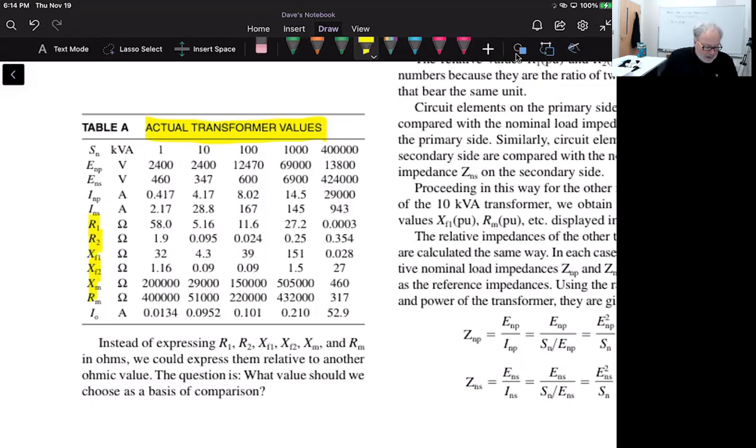We've got 5 different values in terms of the kVA ratings across the top, from 1 kVA all the way to 400,000 kVA. And in scanning the table, we see, for instance, that for the magnitudes of impedances,